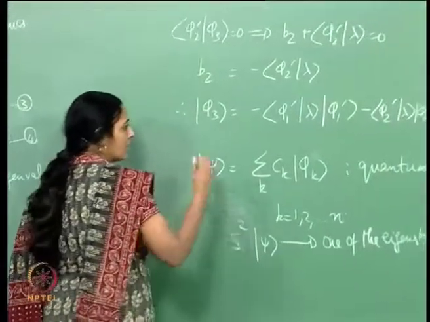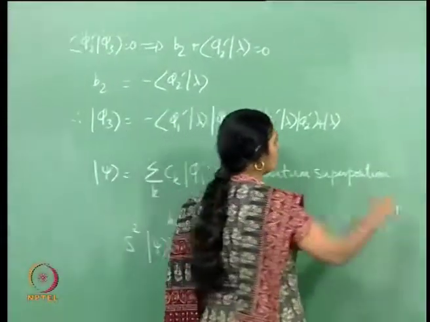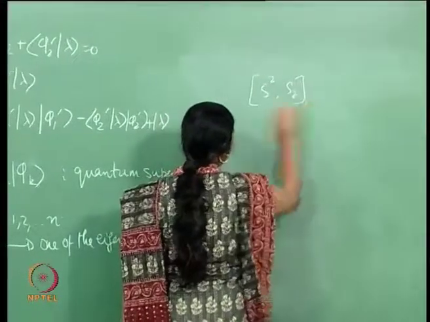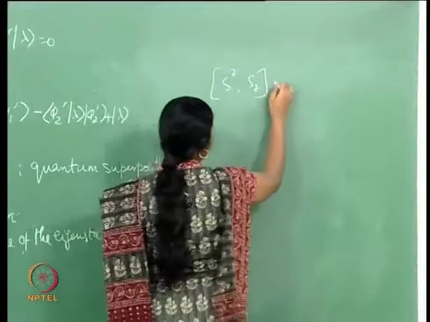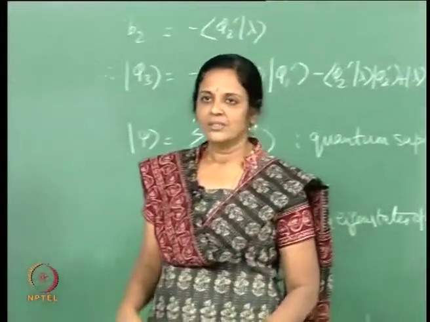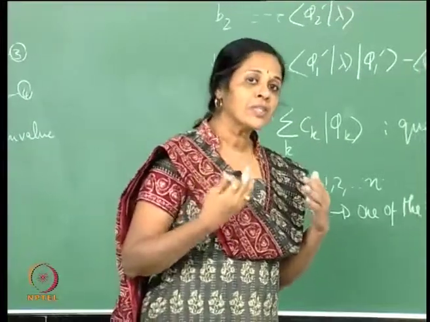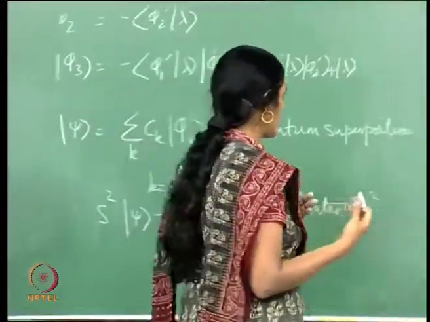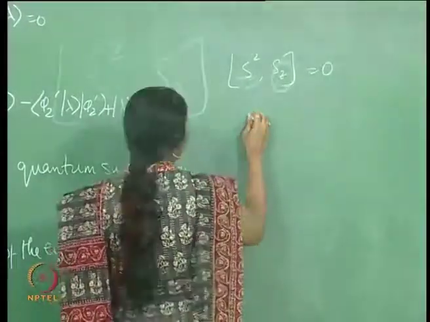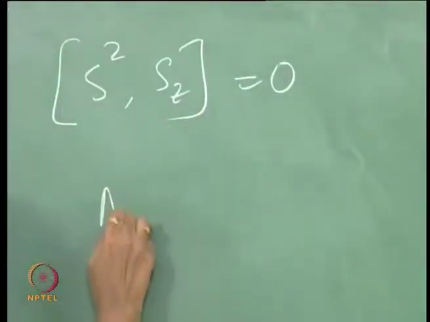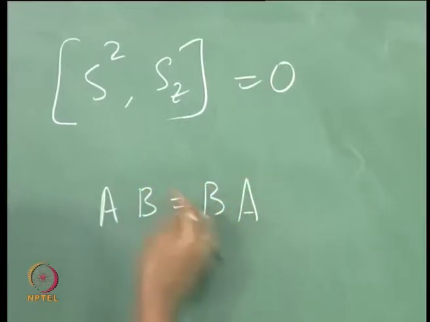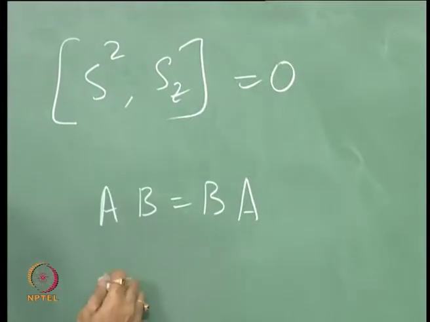So, now the next part is to show that if I have two such Hermitian operators, let us say S squared and Sz, and they commute with each other, then I should be able to find a complete set of common eigenvectors. This is an example. In general, if AB is equal to BA, that is A and B commute with each other,